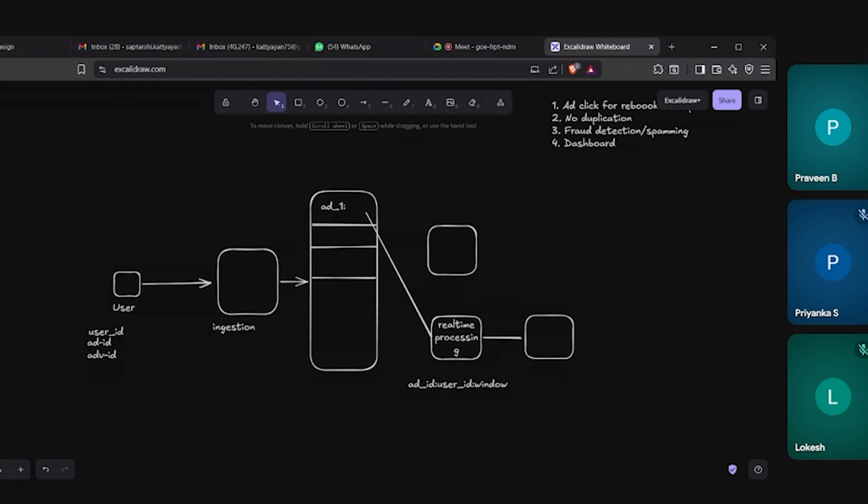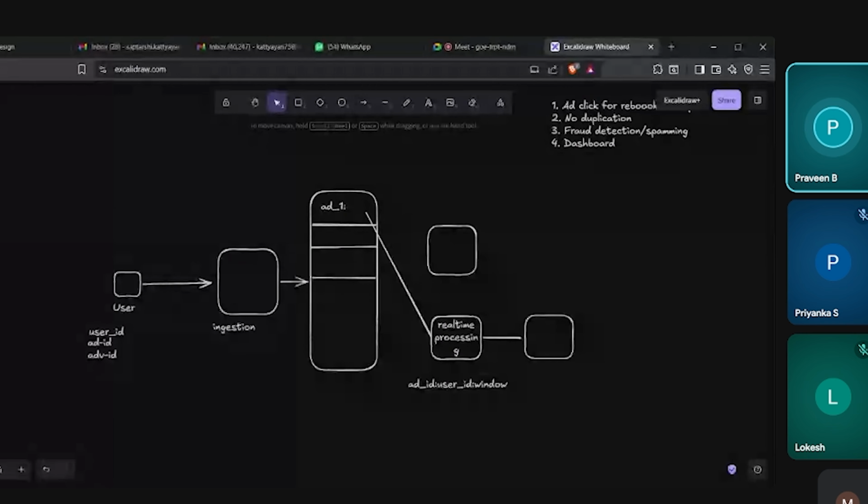For example, in a real-life system, there might be reasons like browser refreshing or some other things.